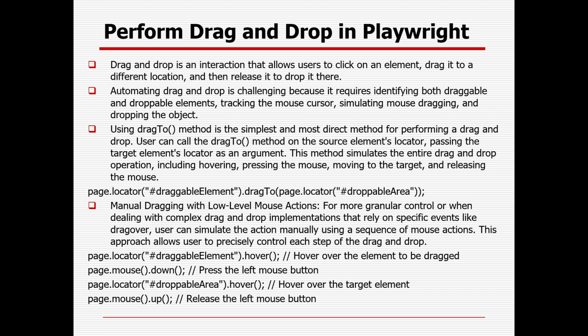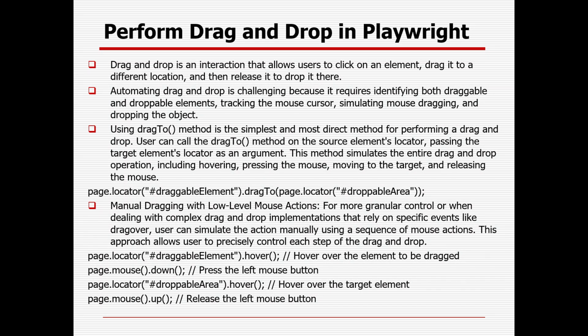Automating drag and drop is challenging because it requires identifying both the draggable and droppable elements, tracking the mouse cursor, simulating mouse dragging, and dropping the object. There is a method available called dragTo through which we can perform drag and drop easily. The user can call the dragTo method on the source element locator, passing the target element locator as an argument. This method simulates the entire drag and drop operation, including hovering, pressing the mouse, moving onto the target, and releasing